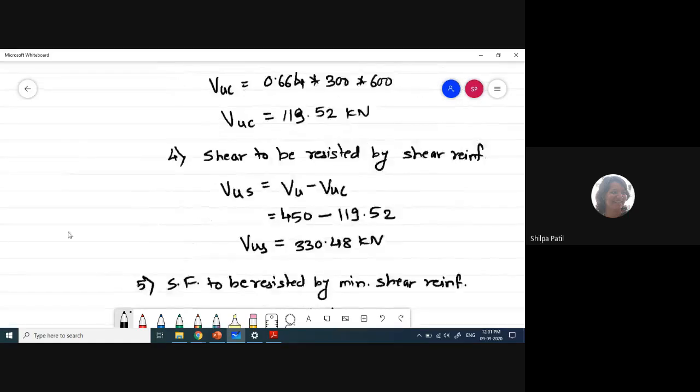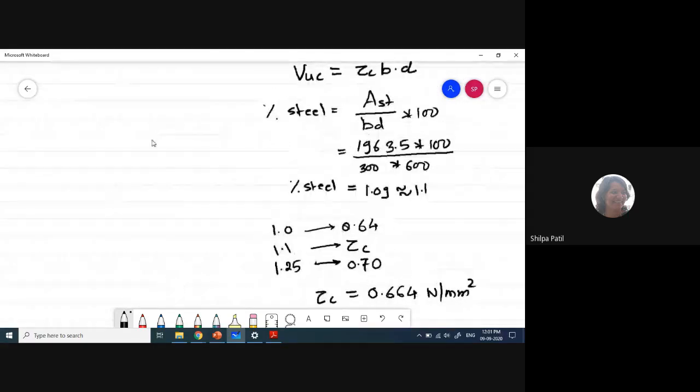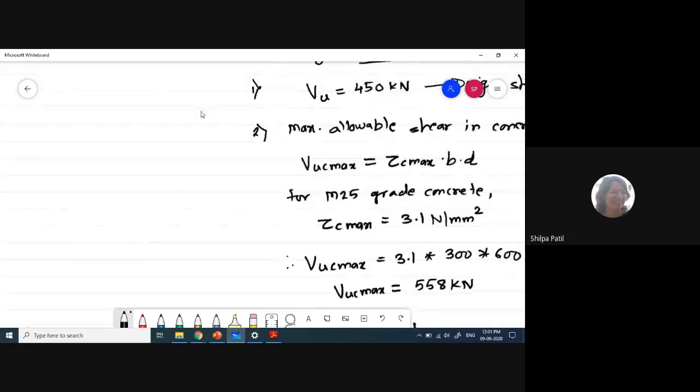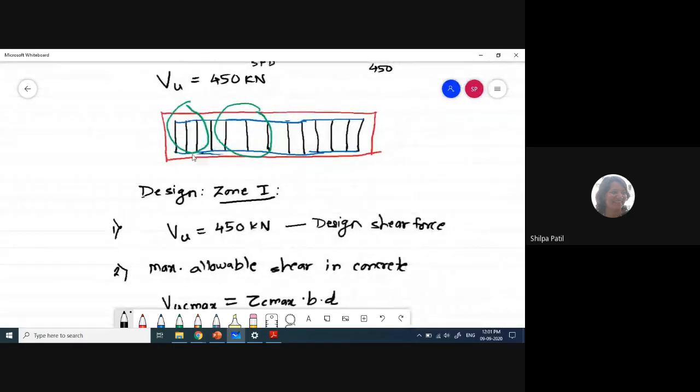If I go back to this diagram of the beam, whatever we have drawn here, the blue color line is showing the main reinforcement in the tension zone, and in the problem statement it is clearly mentioned that there are 4 bars. It means this is the first, then behind that there will be second, then third and fourth, and it is not mentioned that there are bent up bars in the section. Now what is the meaning of bent up bars? Bent up bar means, if I redraw